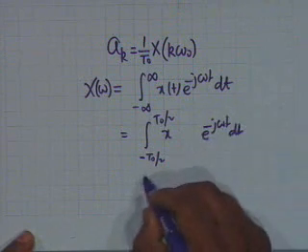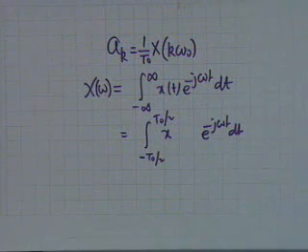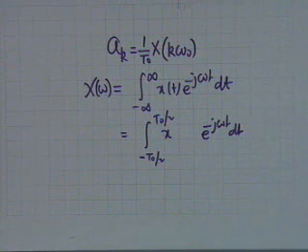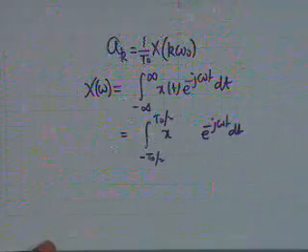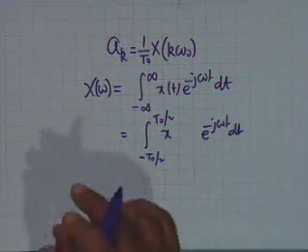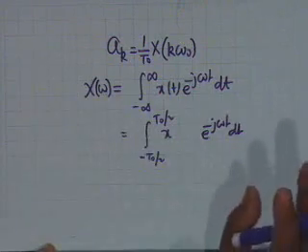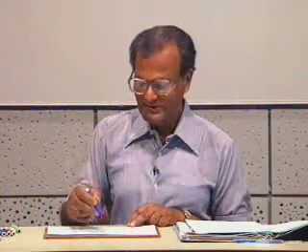But in this range, x(t), now try to follow this argument very carefully. I have already explained this, let me repeat. In this range, that is minus T0 by 2 to plus T0 by 2, x(t) and x tilde of t are identical, and therefore I could as well replace it by x tilde of t. Alright. Now you know that a_k, the coefficients in the Fourier series expansion of x tilde of t,